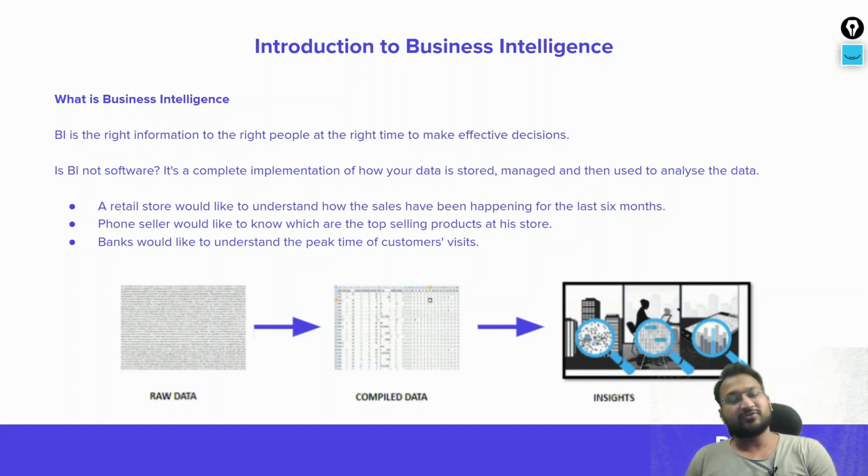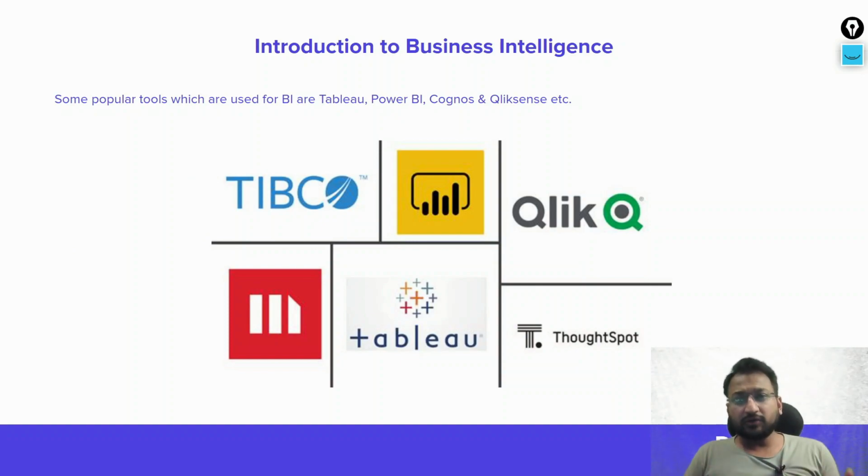Once that data comes from those different data sources, then we have to do some compiling. Compiling means that data might need a little bit of cleaning. You have to remove bad data, remove duplicates, remove blanks, etc. Once that data is clean, it can be used to generate insights. That is when you start analyzing the data and bringing out the insights, so that a report can be created, which can then be shared with the stakeholders, and they can do proper decision making based on that.